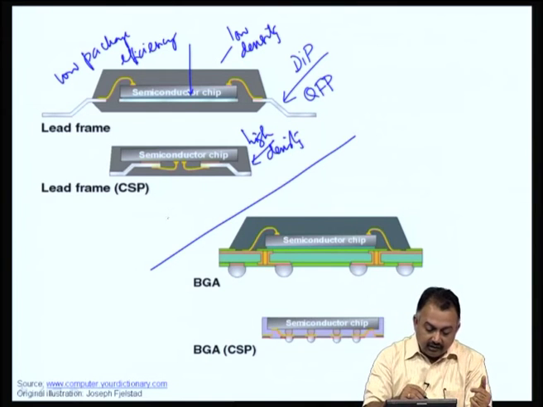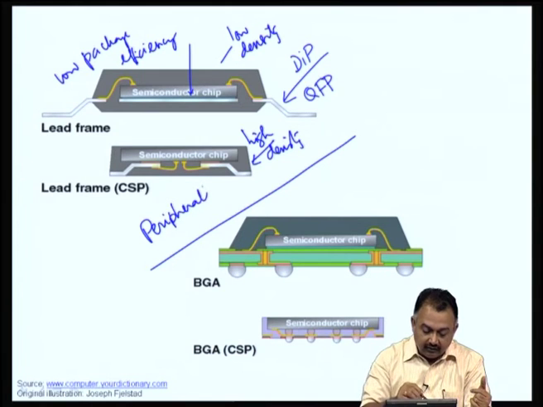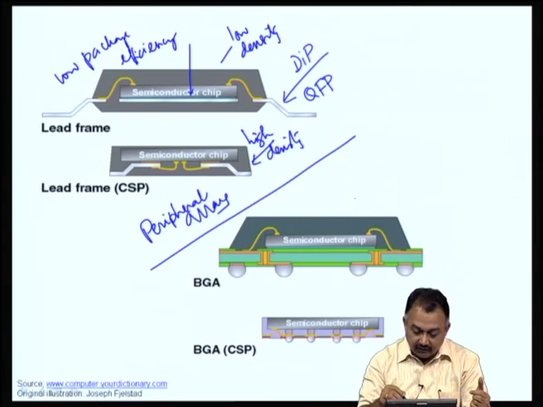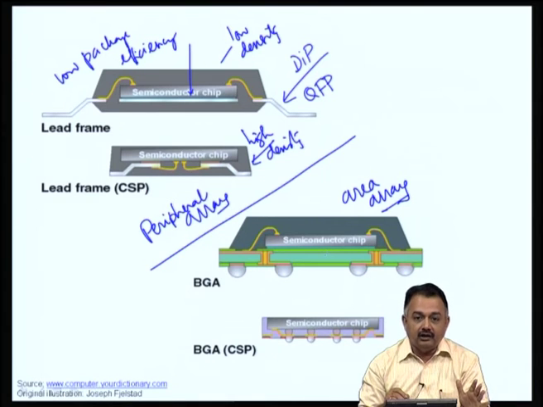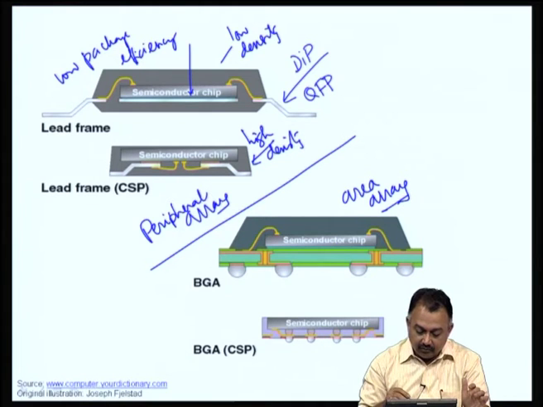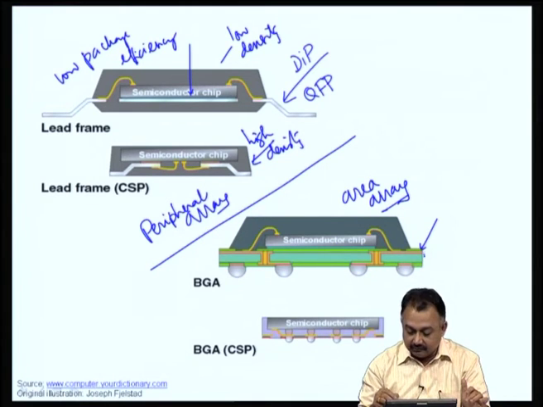So, this is a peripheral array package, what you are seeing at the top. Now, you see here what is shown below is an area array package. Okay. So, what is an area array package? You have a semiconductor chip at the center, a blue adhesive, and then the green one what you see here is the substrate on which the semiconductor chip is mounted. This is a bare die. Now, this one is a substrate